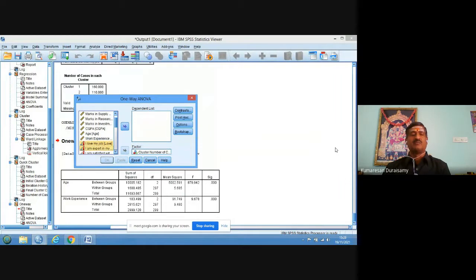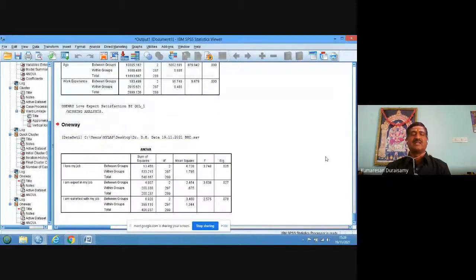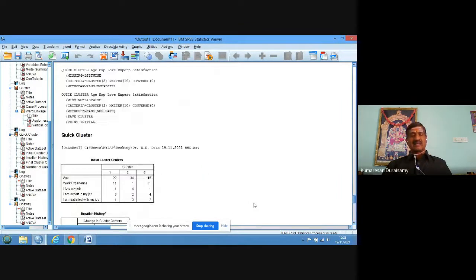I love my job, I am expert in my job. Earlier I had not included them because they are ordinal variables. But here you can see 0.025, significant at 5%. 0.027, significant at 5%. Whereas the third one is not significant, 0.078. That's all. So from the cluster analysis,